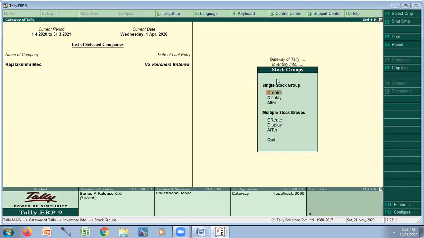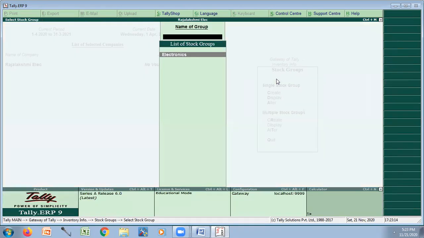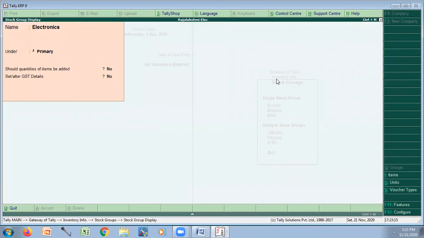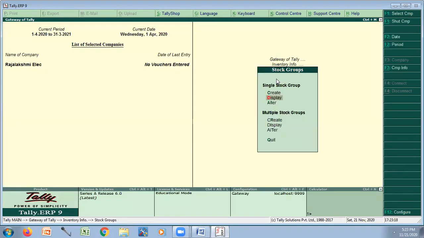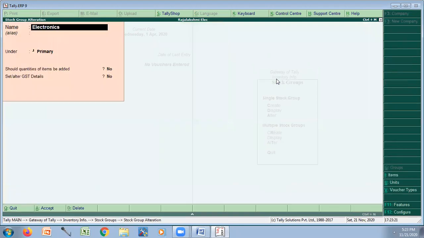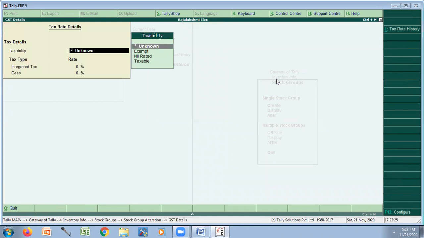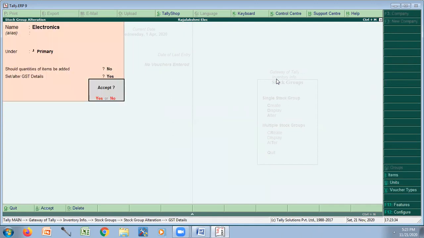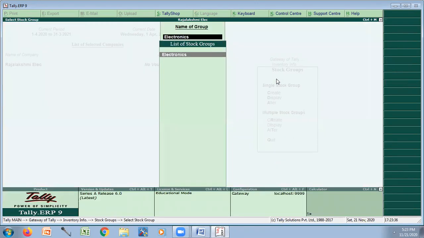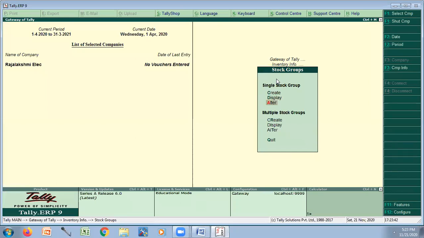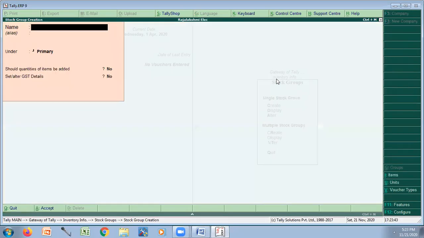Okay, one minute. I'll go to my display and see whether electronics is there. Yes. So electronics item is there. I'll go and okay, here electronics. So GST data, I'll give an S there. Here, is it taxable? Yes, taxable. Integrated tax, as I told you, for everything it is 18%. So I'll write 18% and I'll give an enter, because for all the products it is 18%. I'm giving it. The next one is I'm going to create one more group. What is the one more group?